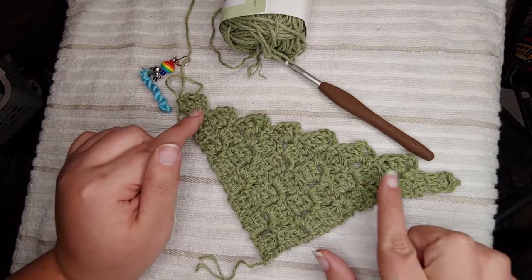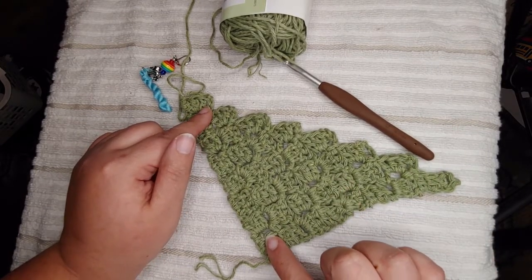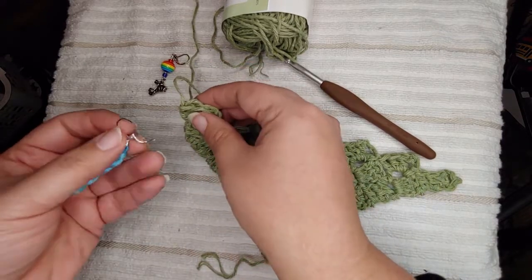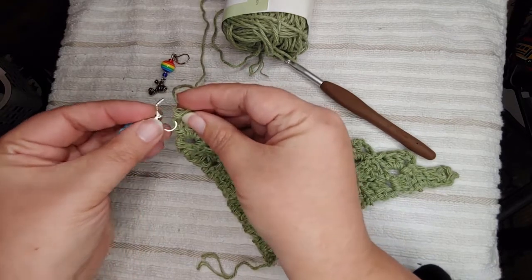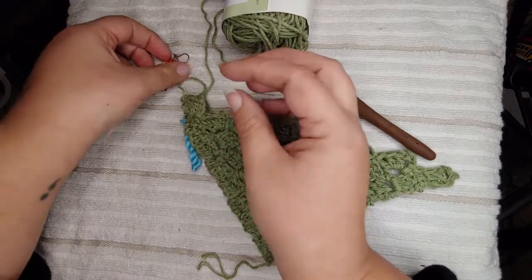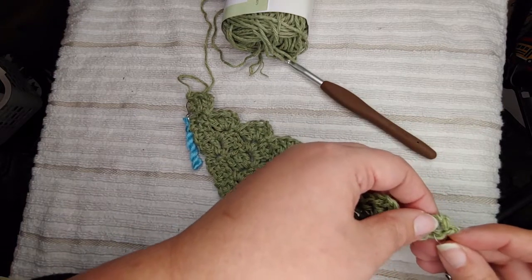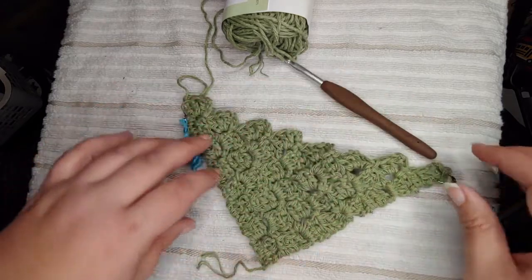All right, so I'm going to mark each side with a stitch marker. Oh my goodness, I lost my words. I'm sorry. So the hanky marker side is going to be the side that I continue to increase on. I'm just going to put that in there. And then the roller skate side is going to be the side that I decrease on. So I'm just going to put that down in this bottom here